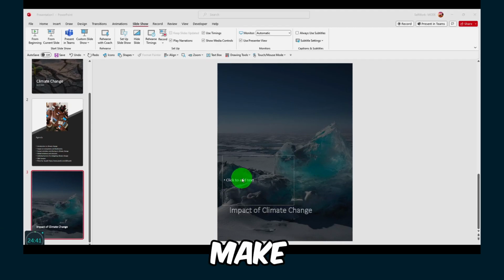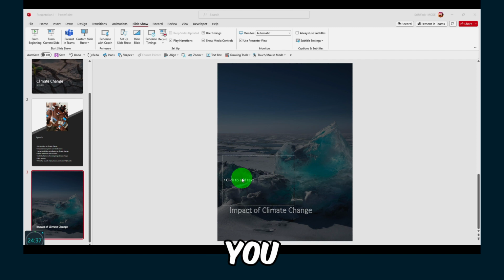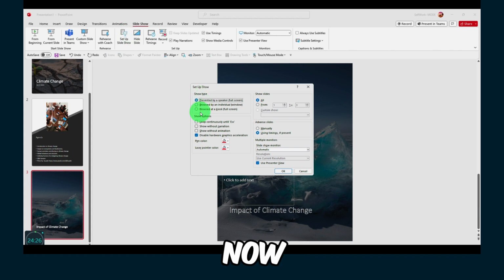Want to make a PowerPoint presentation loop? So what you have to do, you have to go to slide. If you are in home here, go to slideshow, please. And please now select setup slideshow, and now please disable hardware graphic isolation if you don't want your presentation